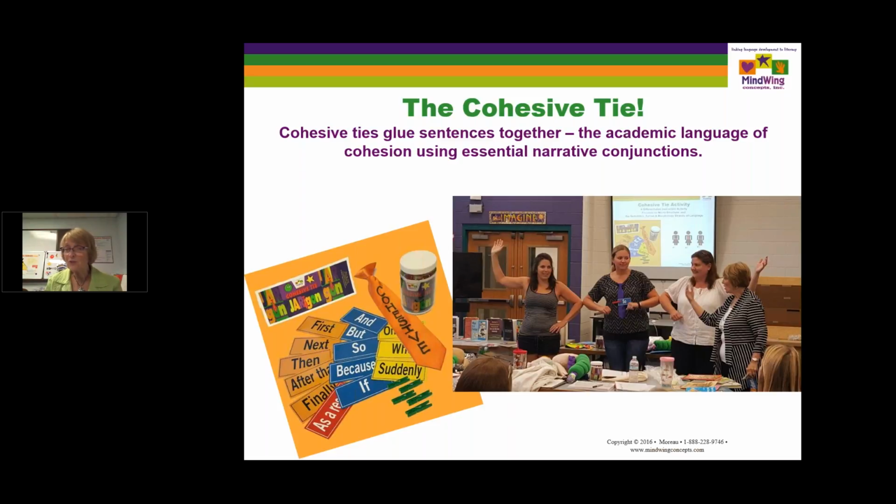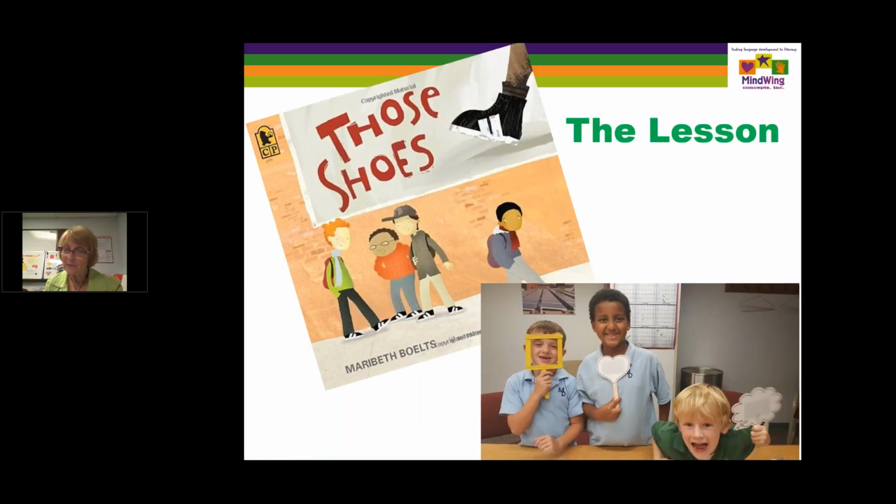And here are 3 teachers from a workshop we did this fall demonstrating the cohesive tie activity, which is combining sentences together. Now, the lesson that we're doing revolved around 3 second grade boys, and there they are in their picture. My grandson Jerry on the left, his friend Isaiah in the middle, and his friend Frankie on the right. And they're holding some of the icons from the story grammar marker,